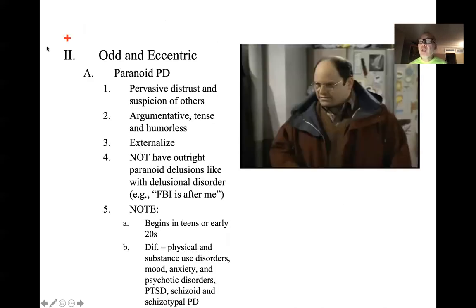All righty, of the odd and eccentric, there are three mental disorders I'd like to review with you. First is the paranoid personality disorder. Now, this should not be confused with schizophrenia characterized by paranoid delusion. Okay, that's a psychotic disorder. As a personality disorder, it's not psychotic. Okay, but